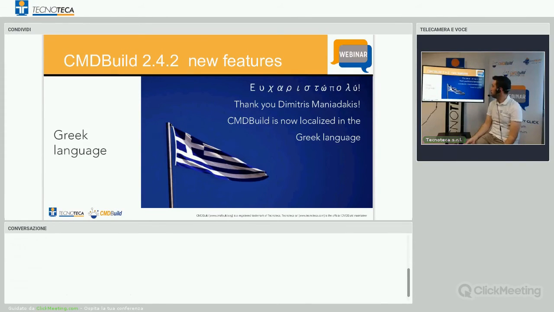The Greek language, I think I did study Greek at school, but I'm not sure that is correct. I really hope that Dimitris Maniadikis is following us and can let me know if it is correct. It basically means thank you. We really would like to thank him for translating CMDBuild into Greek, and now it is localized in